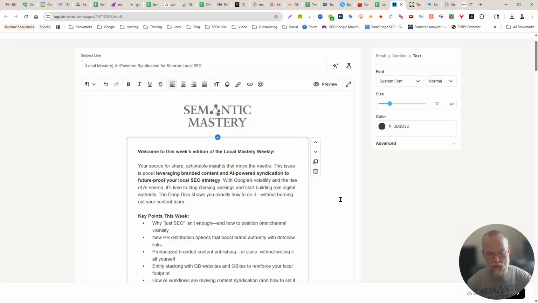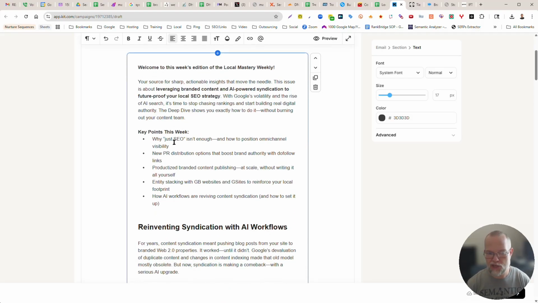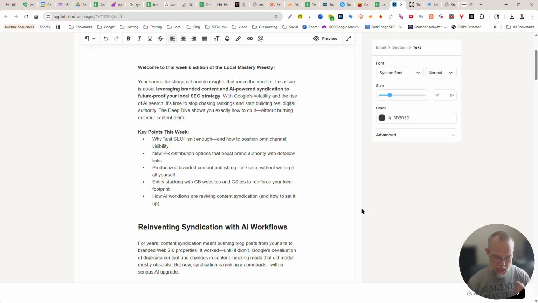So we're going to go through this now that I spent 15 or 20 minutes going through the setup. Just want to talk about this a bit. This is why just SEO isn't enough anymore. We need to really create that omni-channel visibility, that ubiquity that I was just talking about, where we get our clients' content out across the web everywhere, as far and wide as possible, but very specifically about their products and services in their local market area, if that's clear. So this is a great way to do it.